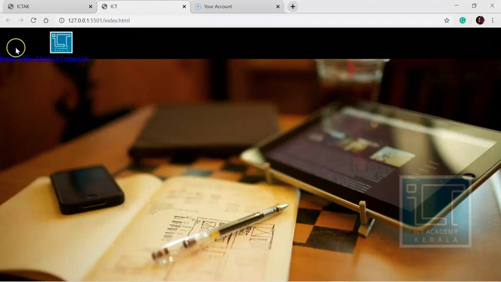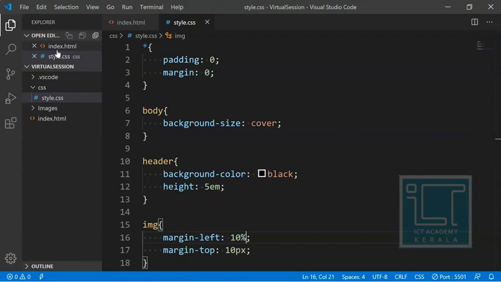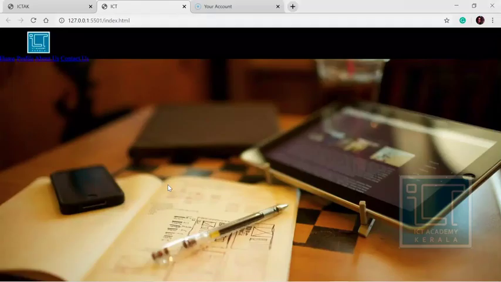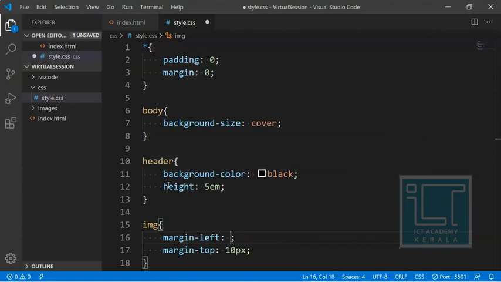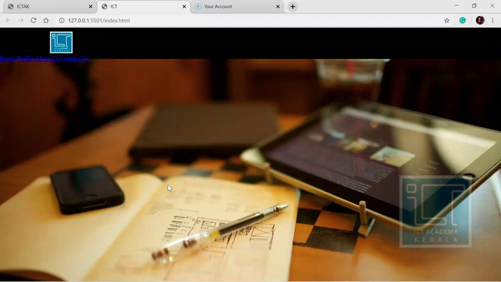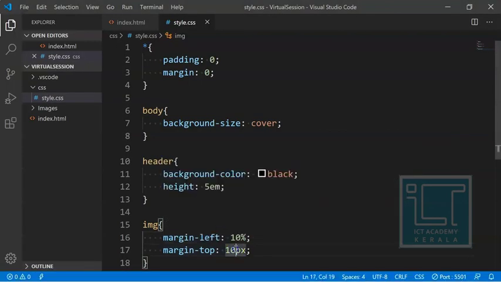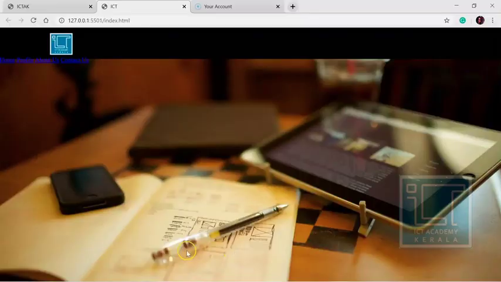See, percentage would give a wide variation instead of pixel, because if you give pixel, we need to give a large value, like 70 pixel or something. So in some cases, I would like to use percentage instead of pixel for a fast transition. If it's for a small transition, I would like to use pixel. Fine. Instead of 10 pixel, I would like to give 14 pixel. Let me try with that. Yeah, it's almost the same. So now this image or the logo is almost set.